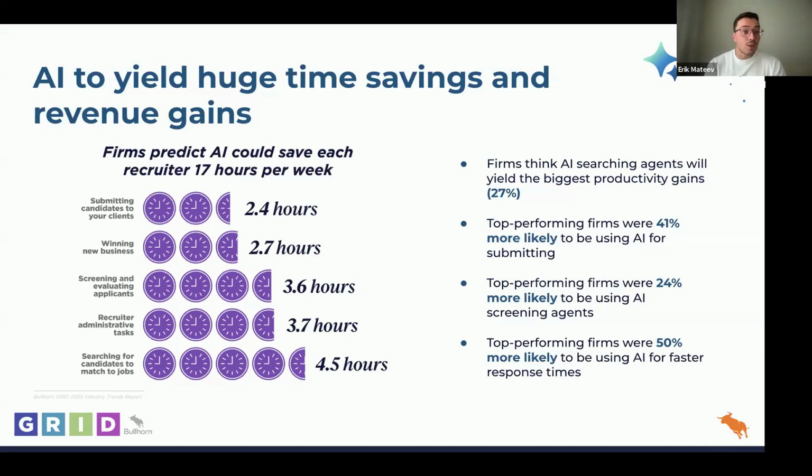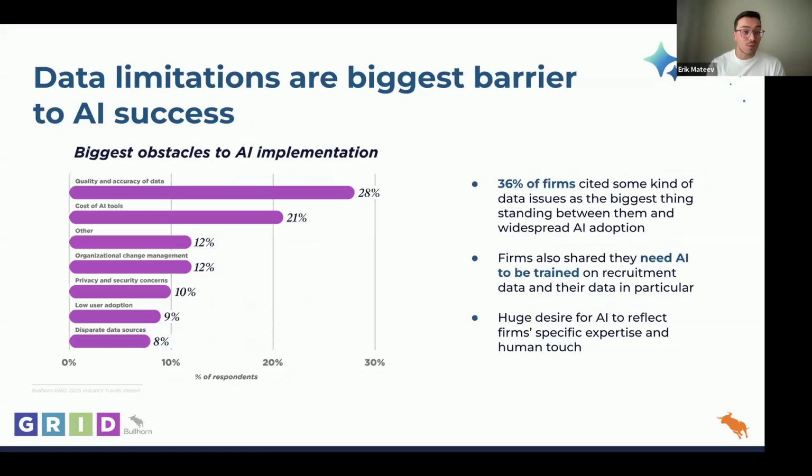Now, most of you joining us today are already working on your AI strategy, right? Whether you're experimenting at the moment or you're still planning out how to deploy AI in your business, pretty much everyone is aware that this is transformational technology that you need to implement. However, we do have one very big blocker that most companies are struggling with, and that's data quality. Data quality is the biggest reason why companies haven't pulled the trigger on AI just yet.